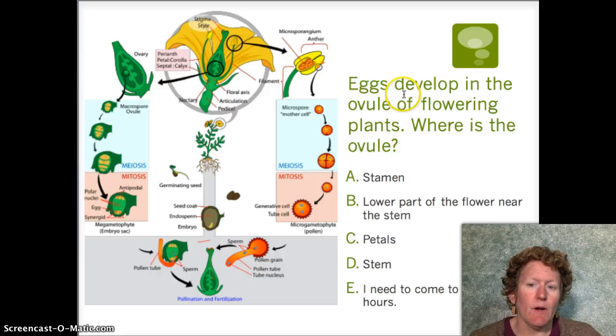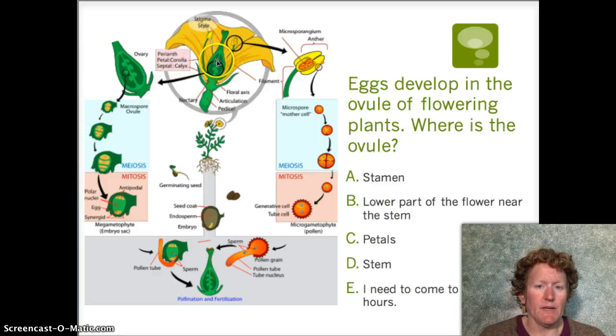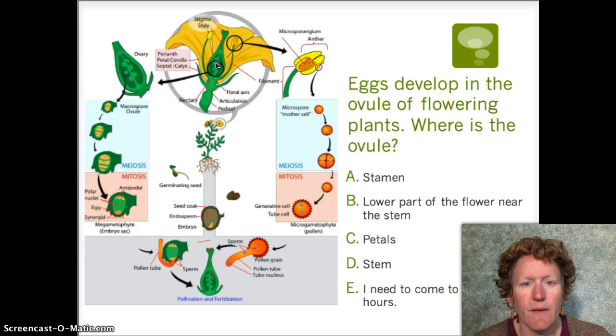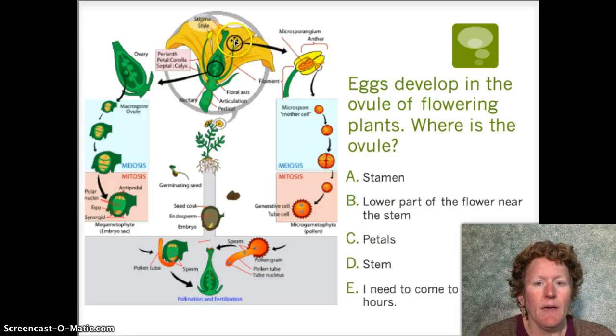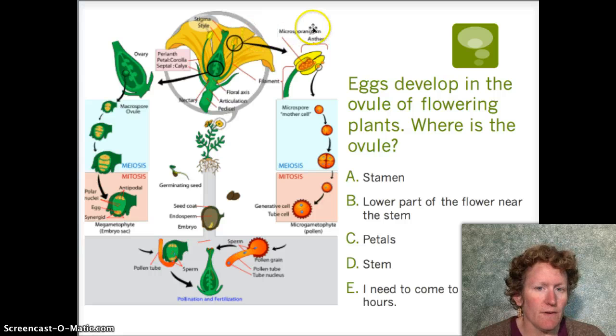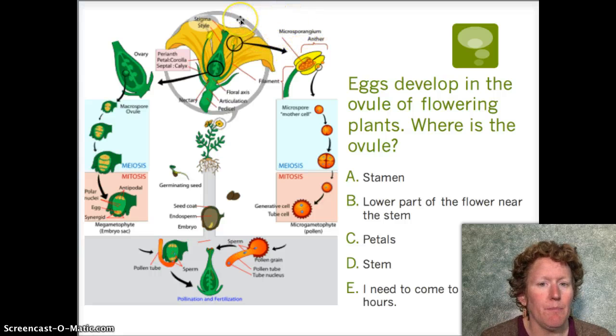Okay, eggs develop in the ovule of flowering plants. You need to know where that is. The ovule right here is inside the main part of the stem here. It's just on top of the stem. It's an ovary, just like in humans, but in kind of a different place and made out of slightly different stuff. The anthers here are the male part of the flower. They produce male sex cells. And those male sex cells typically won't get into the same plant. They blow away or get taken away by a bee in this case, and go to another plant. Hopefully a bee brings in